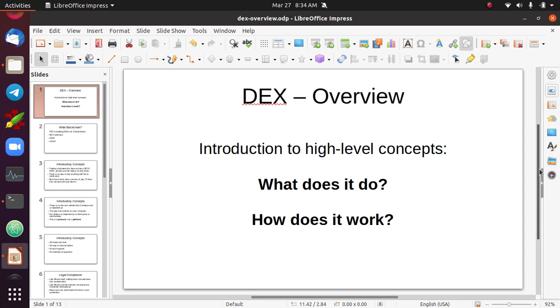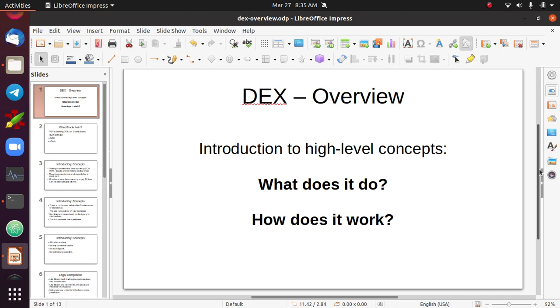DEX means decentralized exchange, and this is different from a CEX, a centralized exchange. Coinbase is an example of a centralized exchange. Kraken, all the big popular exchanges that you think of are centralized exchanges. Examples of decentralized exchanges are SushiSwap. A lot of the stuff happening on Ethereum are decentralized exchanges. Also on Avalanche, you have Pangolin and Trader Joe. Those are decentralized exchanges on the Avalanche chain.